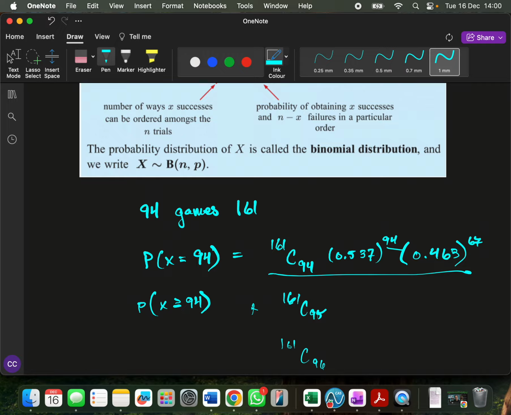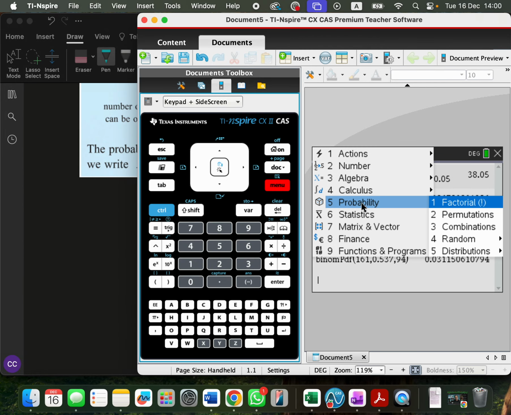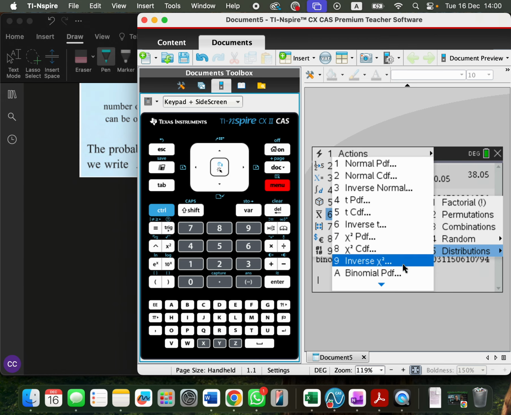And we call that a cumulative density function. So finding that value, we would add all those together. But again, the good people at TI Inspire have given us a way of doing it